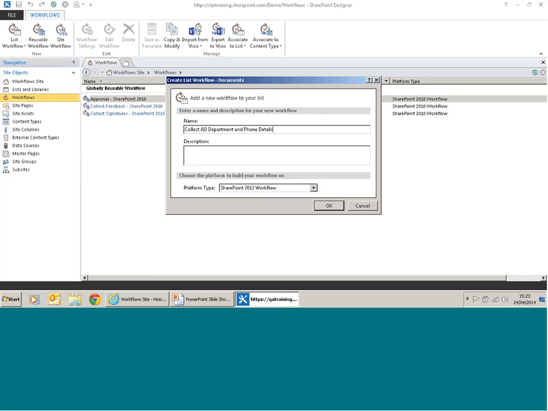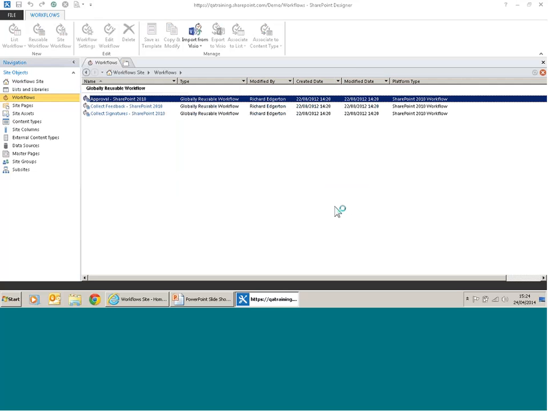I could add a description. I'll leave that blank for the moment. Notice at the bottom we have a platform type. We should have 2 types of workflows. It defaults to 2013. By the way, yourselves, if you do have this drop down arrow, and you do not see 2013 workflow from that list, then you do not have the workflow manager installed if you only see 2010 workflow. Okay, as it is, I'm going to pick 2010 workflow. I'm going to click OK,